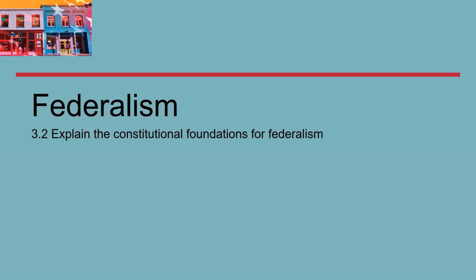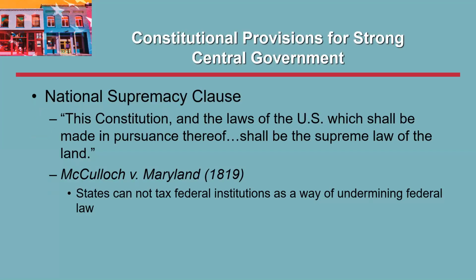An important starting point for this discussion is Article 6 in the Constitution, which states, "This Constitution and the laws of the United States, which shall be made in pursuance thereof, shall be the supreme law of the land." The statement's pretty clear. Where federal and state laws conflict, federal law wins. The one limiting factor, though, is that the federal law itself has to be constitutional. So long as federal law is made in accordance with the provisions of the Constitution, it is supreme over state